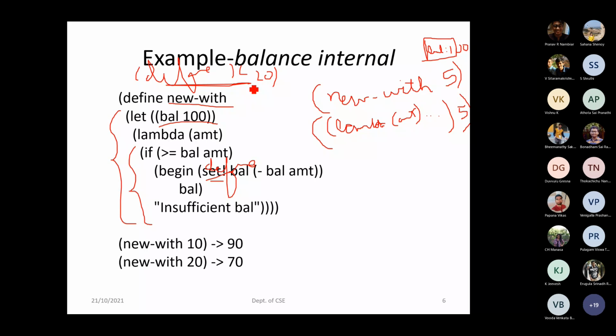when do we use this define? When we have to create a new variable, that is, a new location has to be allocated for it. But if we have to keep updating the same variable again and again, each time I keep calling it,